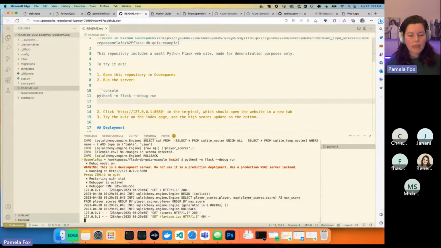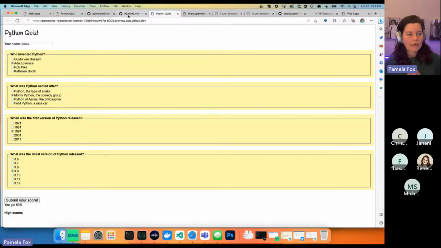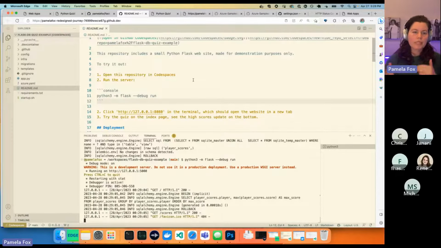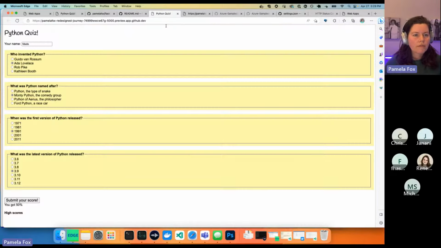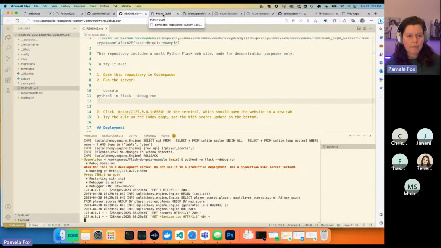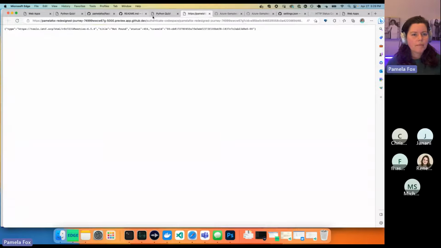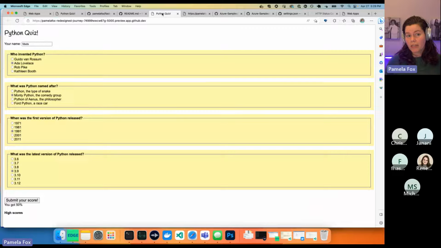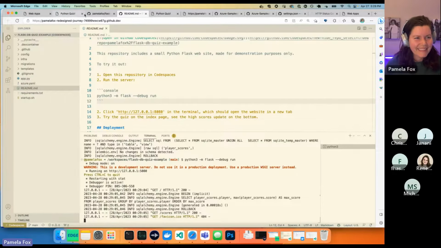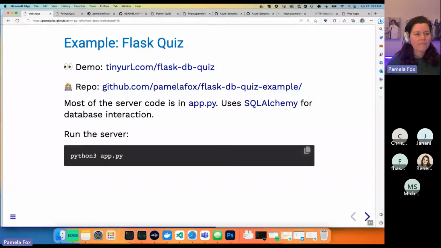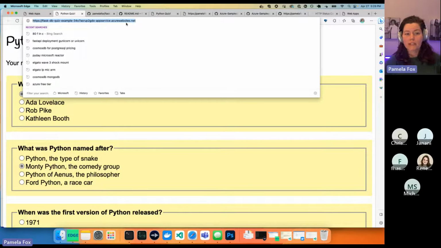It should show up. It may be that the database isn't perfectly configured for local development. What's interesting is once you work with databases, you have to have a local database configured, and then you have to have a production database configured. I definitely have it configured correctly for my production database, but maybe the local database isn't perfectly configured, so I'll have to check that out. But the production one works, so that's good. Yeah, because this is our production one here. This one is on Azure. I deployed this one to Azure with a Postgres backend.